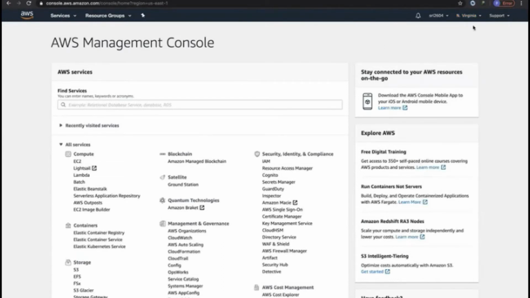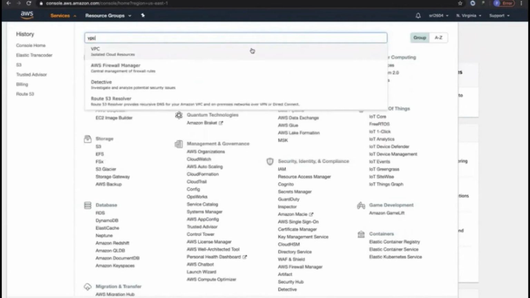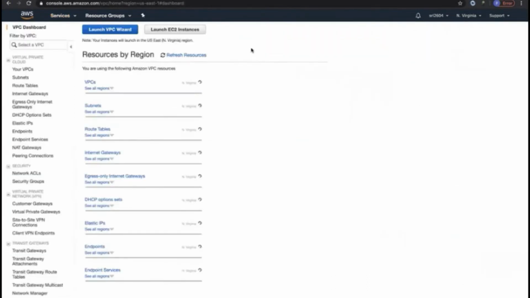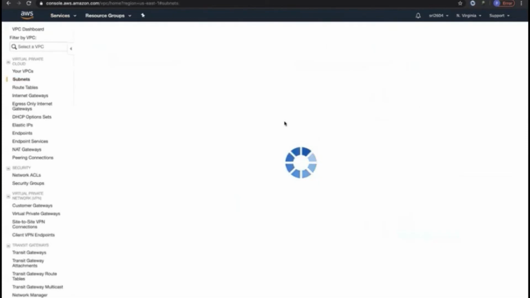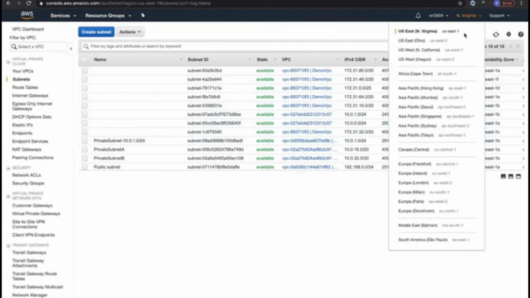So other than regions, how do you see the availability zones, right? So you do choose a region, and then you go to the service called VPC, which is called Virtual Private Cloud. We'll be reading about this a little bit later when we go into the course in depth. So in this, you can see over here, when you go to subnets, you do see a lot of subnets. So let me switch to a region where I don't even have my infrastructure, right? So let me go to Seoul.